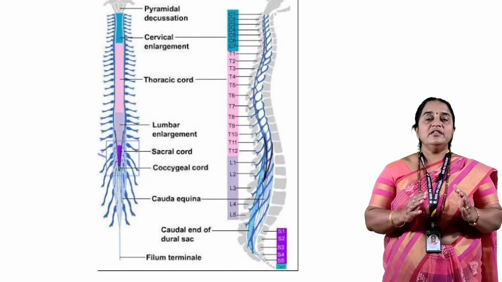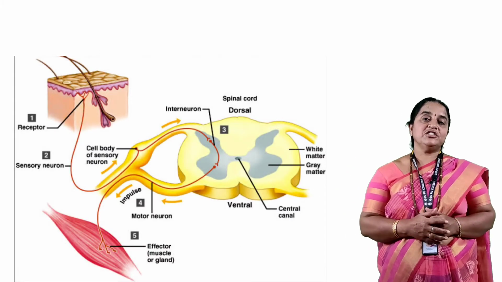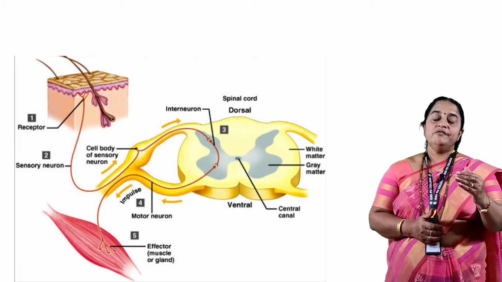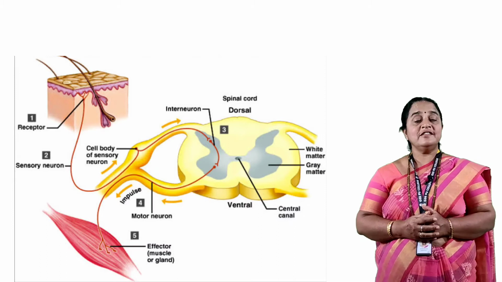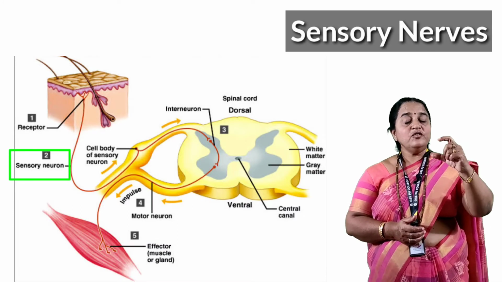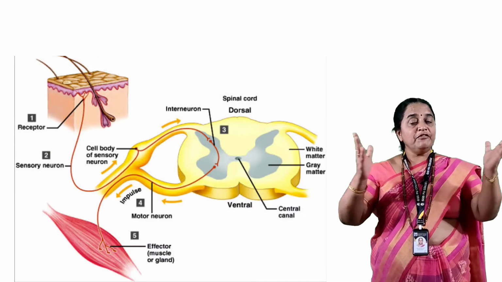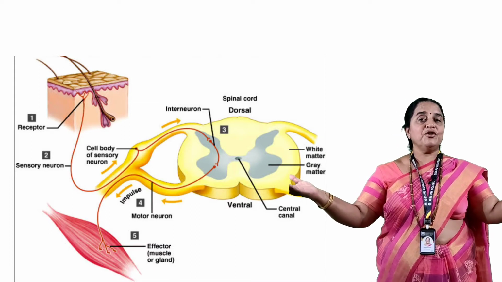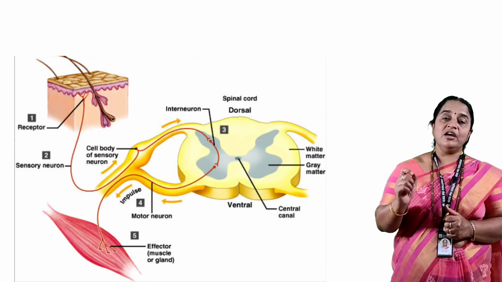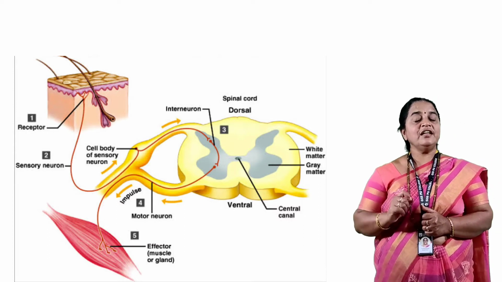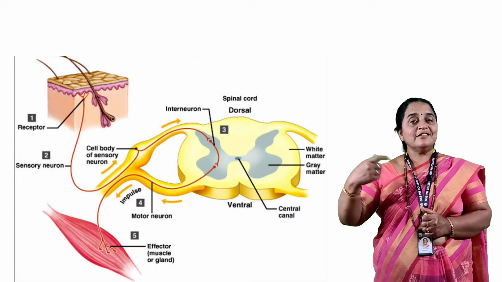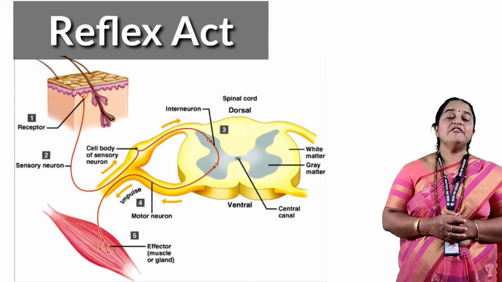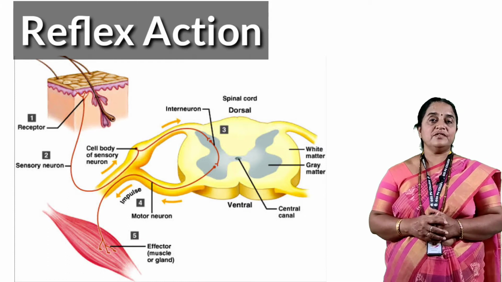From the spinal cord, the mixed nerves are arising. They will carry out the reflex actions. Nerves which bring the stimulus from sense organs towards the CNS are sensory nerves. The nerves which take impulses away from the CNS to different parts of the body to carry out the actions are motor nerves. And there are some nerves which carry out inborn, mechanical, sudden response to a change, which is reflex action, carried by mixed nerves.